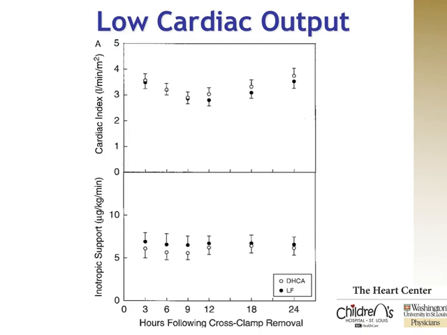What they found was, and this is newborns, arterial switches, two-ventricle circulations, and many of these kids clinically were stable. The bottom chart shows the levels of inotropic support, and it was pretty much static. There wasn't a lot of manipulation of their inotropes in this first 24 hours post-op, so clinically these kids appeared to be stable. But the top graph shows what the actual measured cardiac index was,